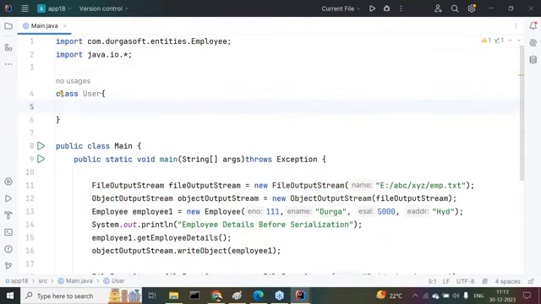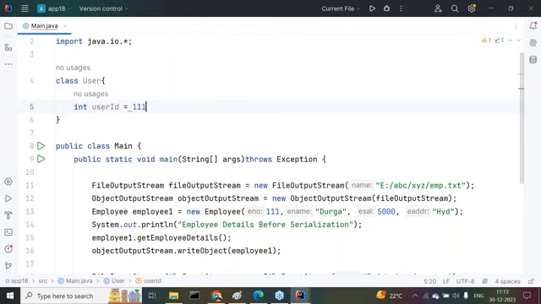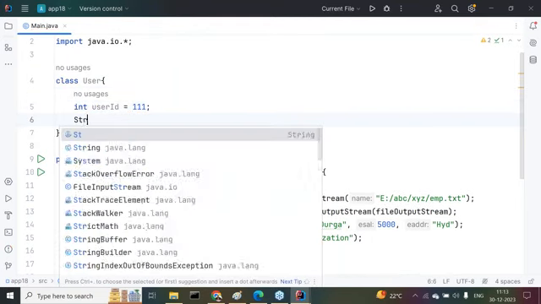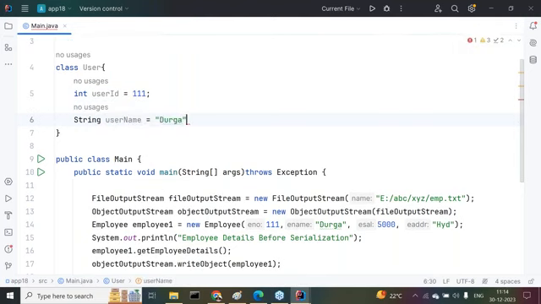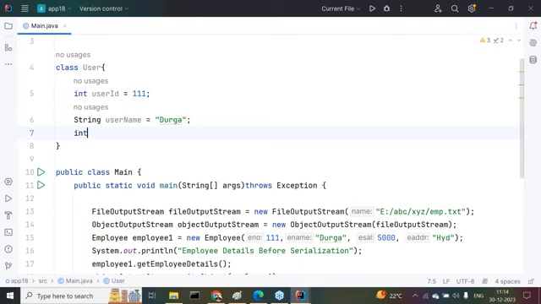Right, class User. Inside this class User, say for example, int userId is equal to 111, string username, some value here we have taken, Durga. Okay, fine. Int